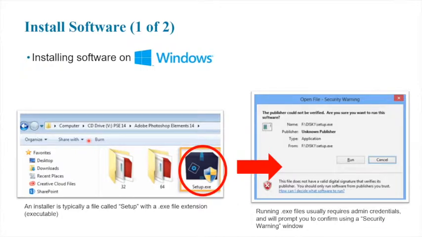On a Windows computer, installing software is fairly easy. You will download what is called an installer, typically a .exe file, and we'll talk about file extensions next week. But a .exe file is an executable file. Most installers are called setup, and you'll know that you have an installer either by downloading it from a reputable website or by inserting an install DVD. Once you run the installer,